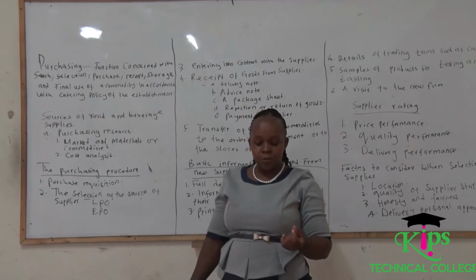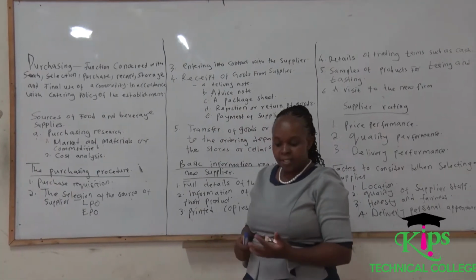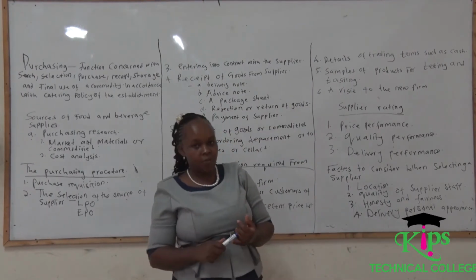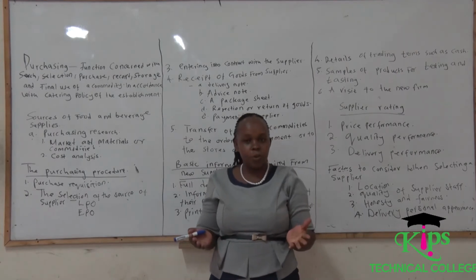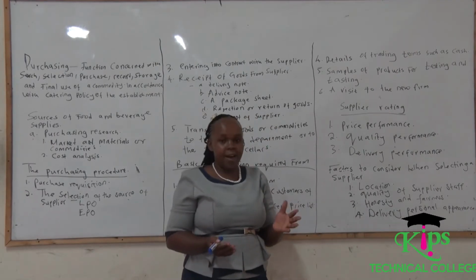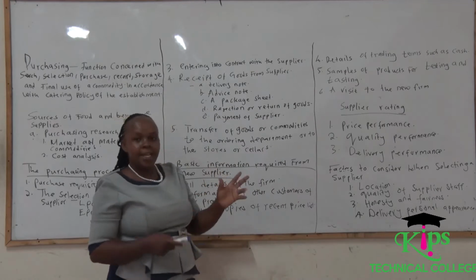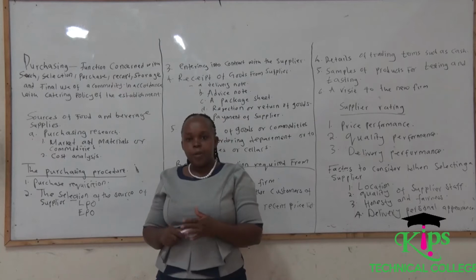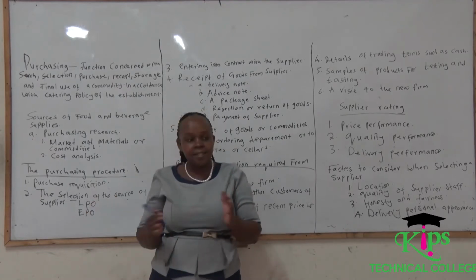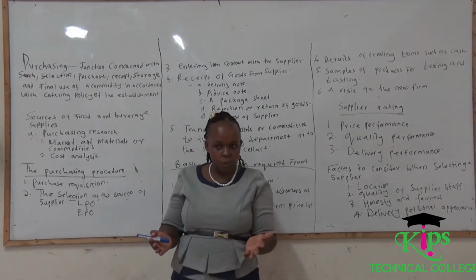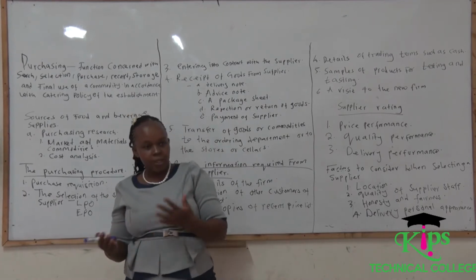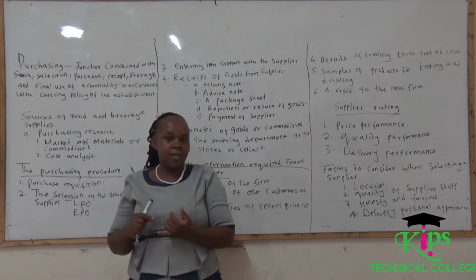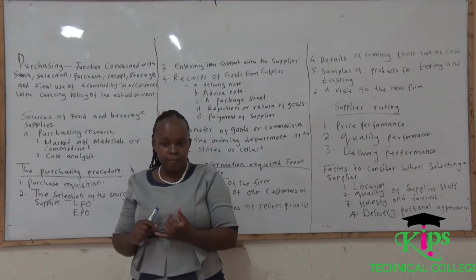Then there is importance of purchasing. The purchasing function is important in the control cycle. With no specification for commodities, you'll not be able to know what you are purchasing. That's why we have standard purchase specification that help us to know what we have purchased. And also, without purchasing function, the receiving department will not be able to know what they are receiving. In which way? Because in purchasing is when we give the quantities, and it is when we give the qualities that need to be purchased.